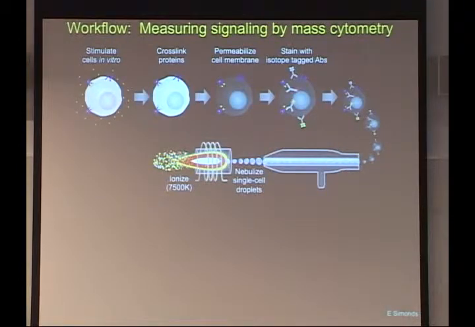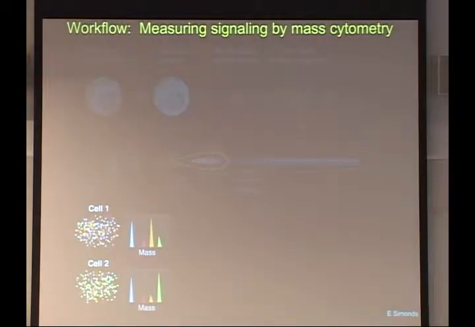So everything gets an electron ripped off of it. So the cell turns into a cloud of elements, a cloud of elemental ions. Those elemental ions are sucked into the mass cytometer. The biological low mass ones are kind of filtered out, and then the heavier isotope reporters are then quantitated on